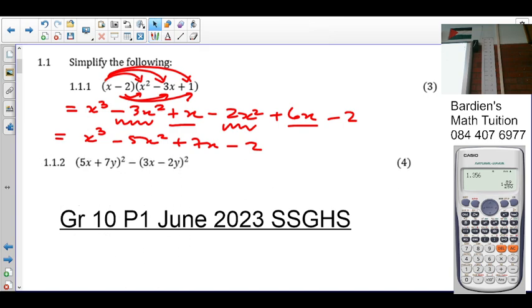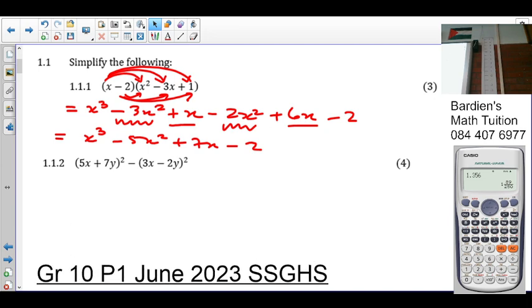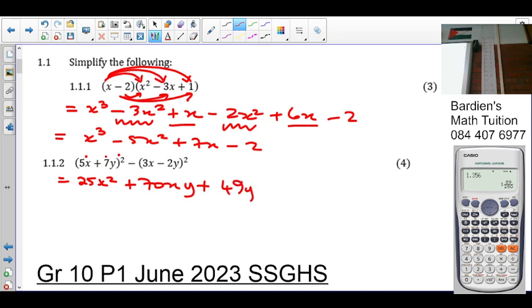So let's look at the next question, 1.2.2. People, there's one of two ways of doing this question. Either I write it out twice and then multiply it out, or apply the binomial square rule. So the binomial square rule is I'm going to square the first term, which is 25x squared. Then 5x times 7y times 2 is going to give you 35, so it's 70xy, plus the last term squared, which is 7y all squared, is going to give you 49y squared. Minus, and that goes in the bracket